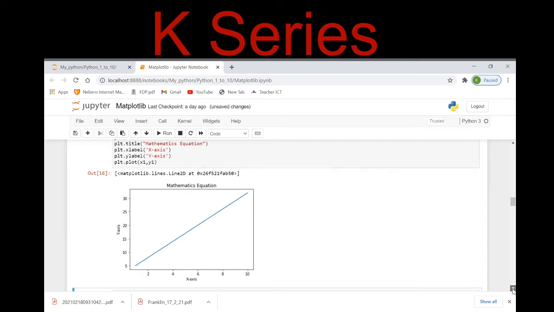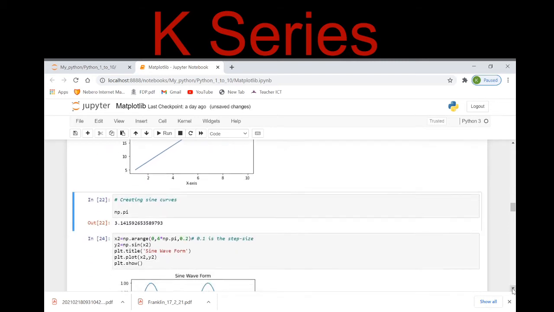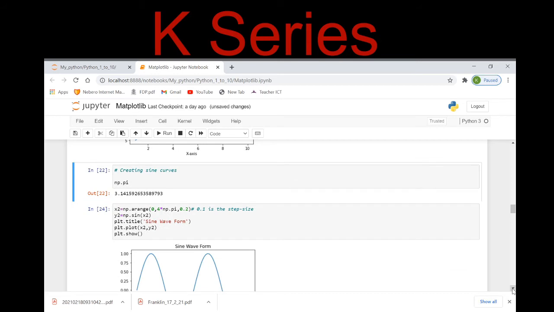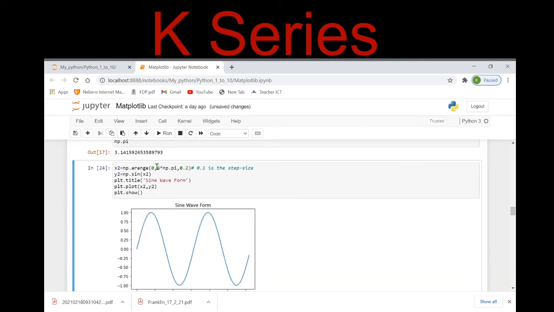Moving on further, this is very simple and very handy to use, right? Now matplotlib supports many of the mathematical functions. If I want to create sine curves, I need to simply execute np.pi, and right now it takes pi's value, and now I can plot any of the sine waveform, cosine waveform, right?